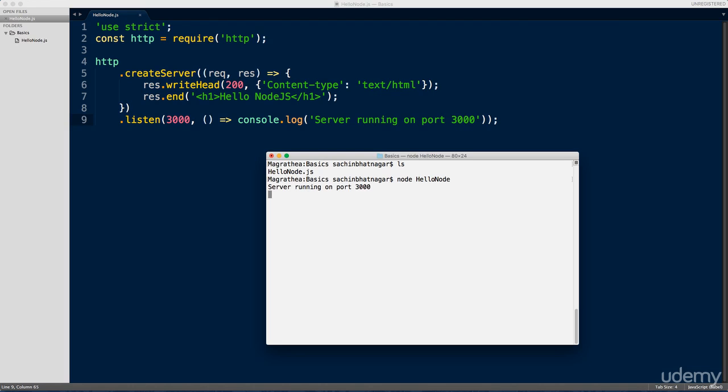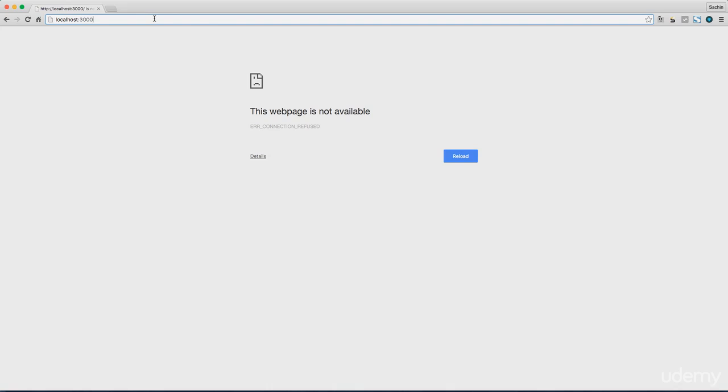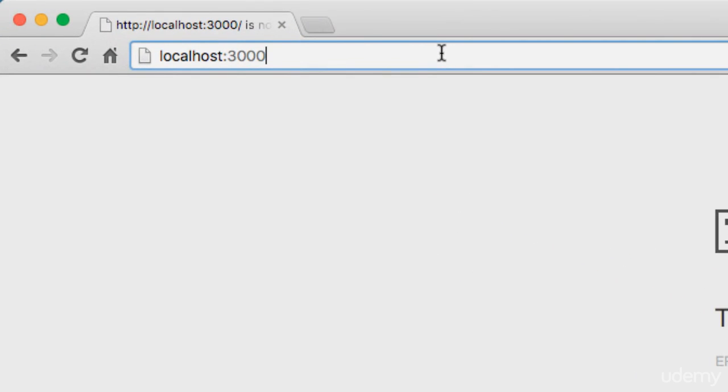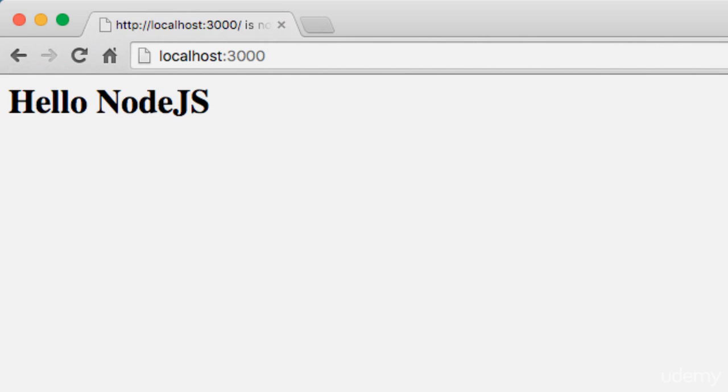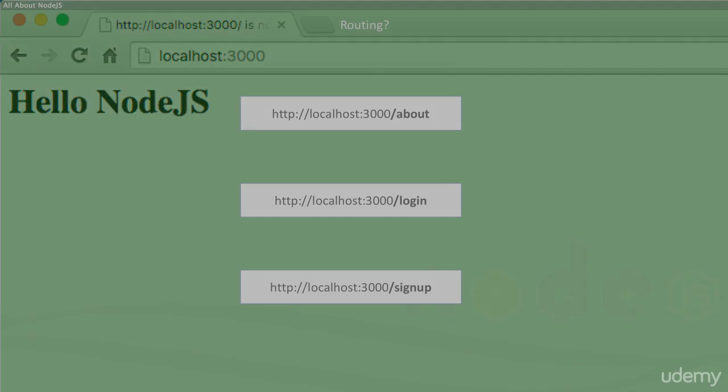At this stage, your server is waiting for a request. So let's open up our browser and type localhost:3000. Localhost refers to your own machine's address and our server is running on port 3000 as you would recall from the listen method. And you'll get a big bold h1 tag which says hello node.js. So this is how you can write a very simple server instance.